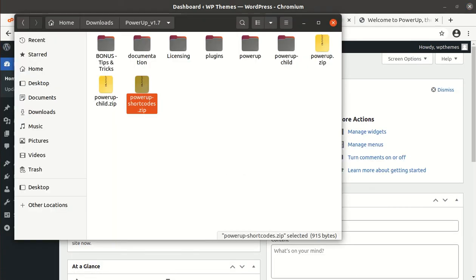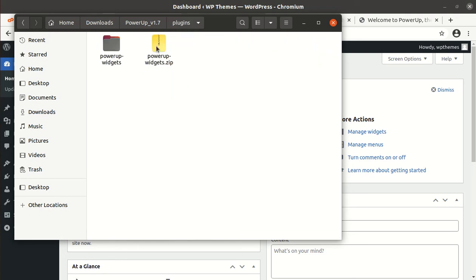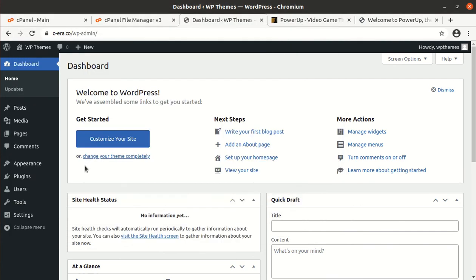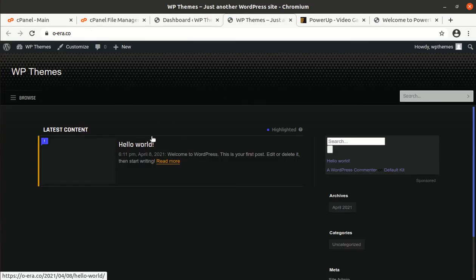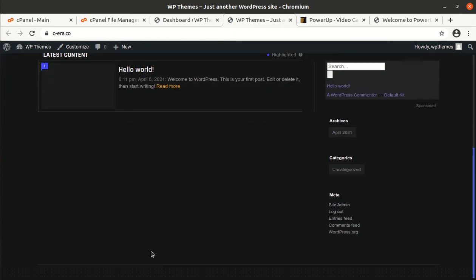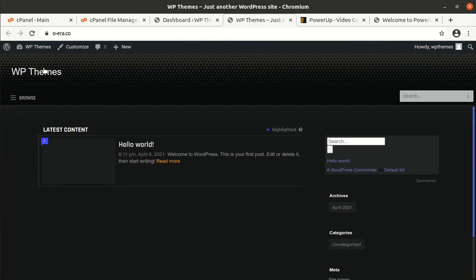As we saw in the theme pack, some plugins have been given. Power Up widgets we can install just in case we need to use it, and the rest of the things are fine. It is a good advantage that this theme is not dependent on any external plugin, and you can use this theme as the core of your website and just start adding posts and they will be reflected on the website itself. So it is basically a video game blog theme, so you can use it accordingly.